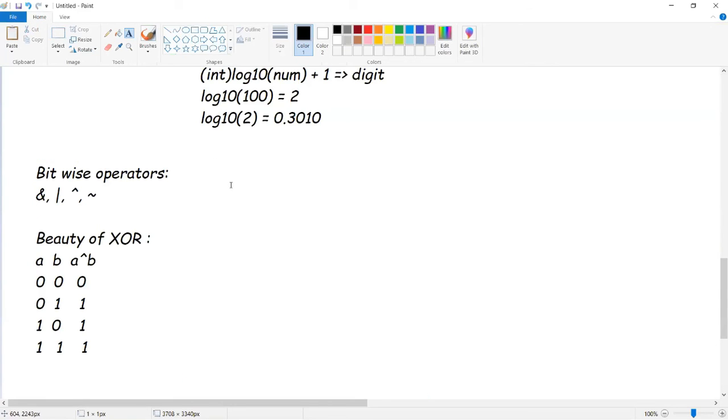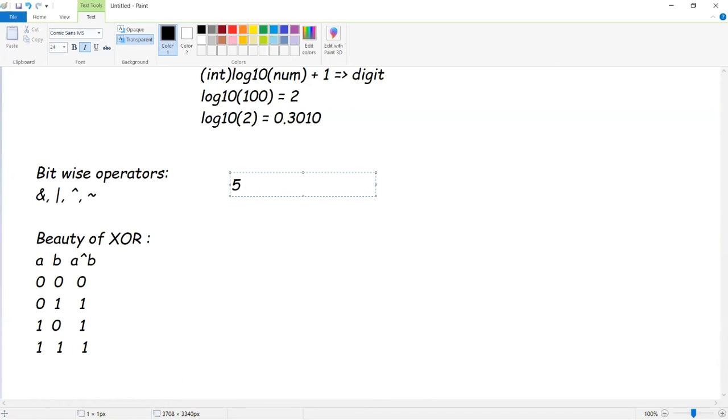I would like to find the value of 5 XOR 9. See, the operator name itself indicates that the operations are performed bit by bit. I'm writing 5 in binary. It is nothing but 101. When it comes to 9, it is 1001. To make both equal in length, I'm making it as 0101. I'm performing the operation of 5 XOR 9. Right?